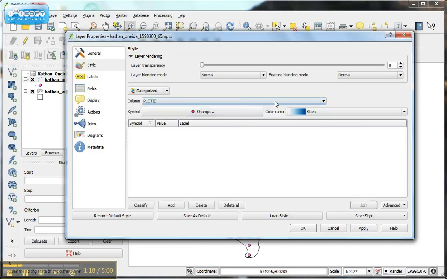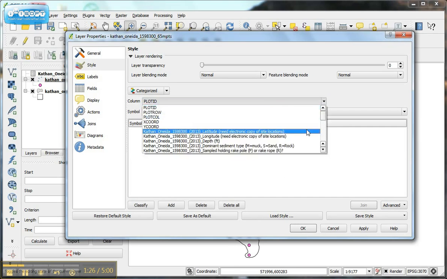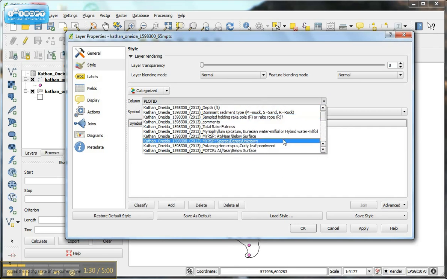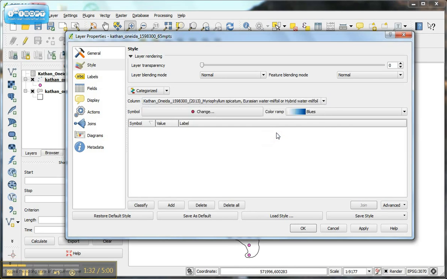And then you're going to want to pick whatever species you're mapping in this column section here. So it's automatically going to go to plot ID because that's the first column. So just click on that and scroll down and find the species that you want to map. In this case it's Eurasian water milfoil. And then go ahead and click this classify button, and that's going to bring up all the values that are